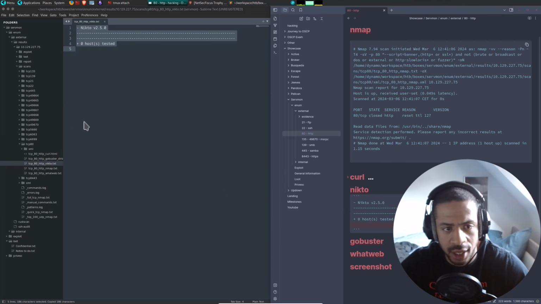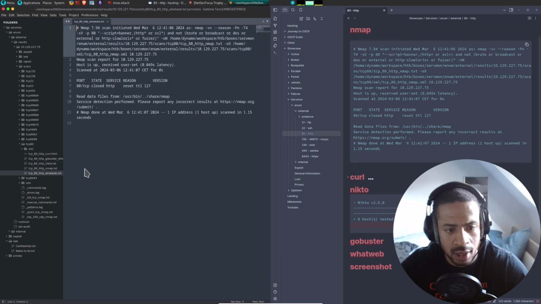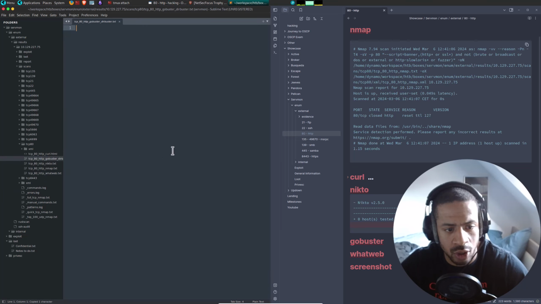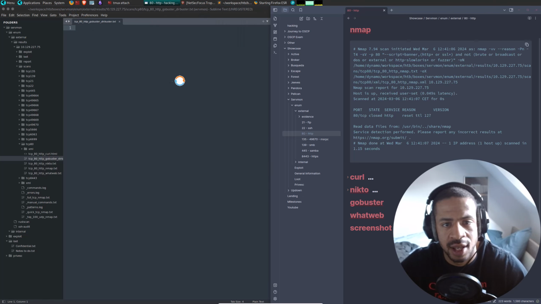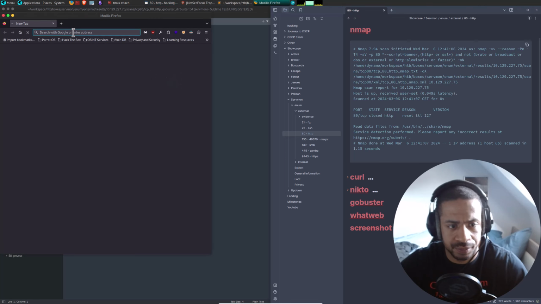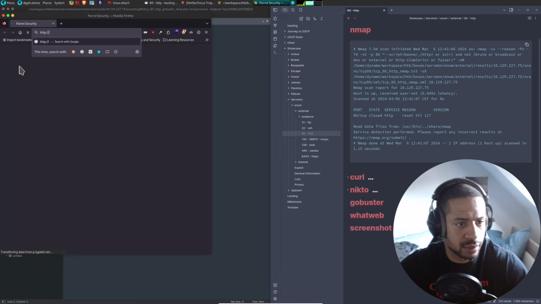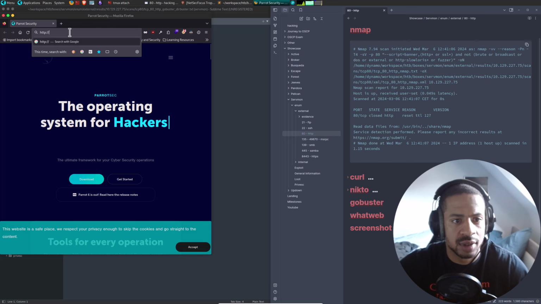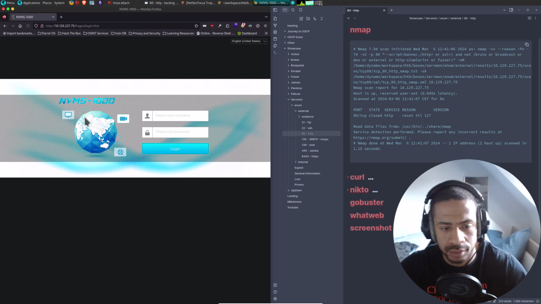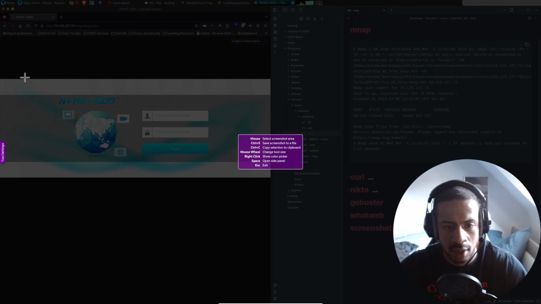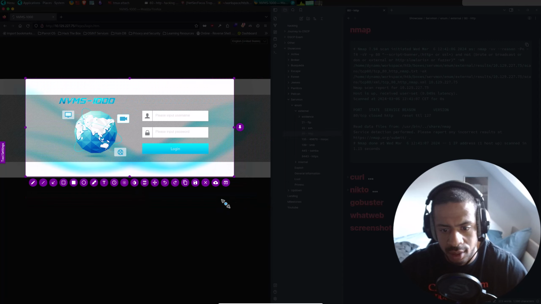Nikto, nothing. WhatWeb, nothing. GoBuster, nothing. So that is quickly done. Let's just browse to it though, because it does have a login. Take IP like so. And we got this.